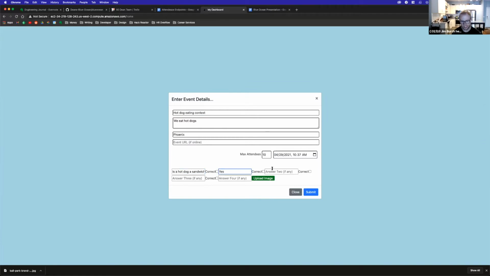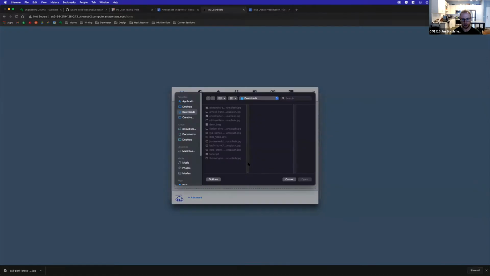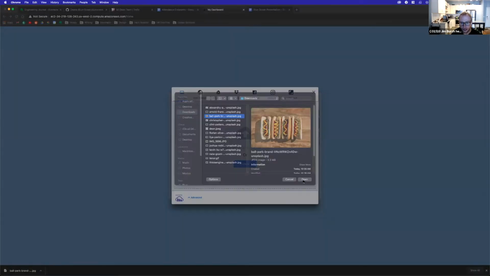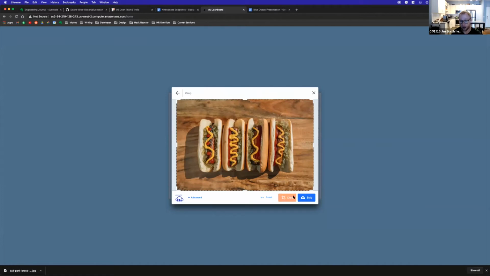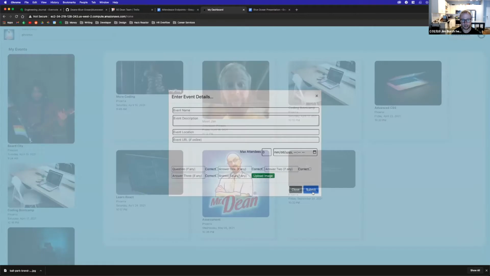Yes. And then the correct answer, no, it's not a sandwich. And then you're going to upload an image for your event. We're using Cloudinary as our photo storage. You can crop it if you'd like, but you can just skip that. It's going to load. And then when we hit submit,